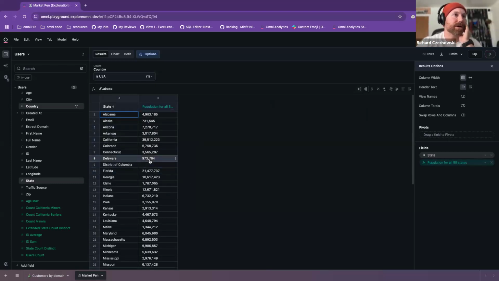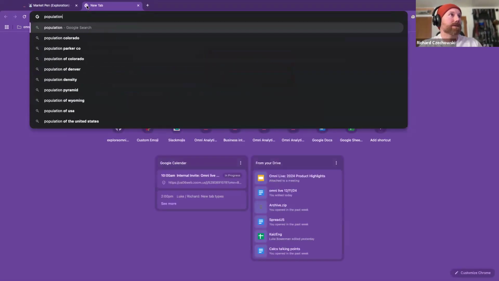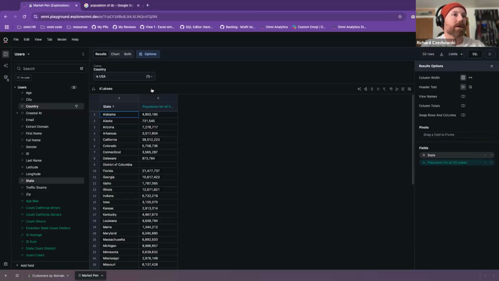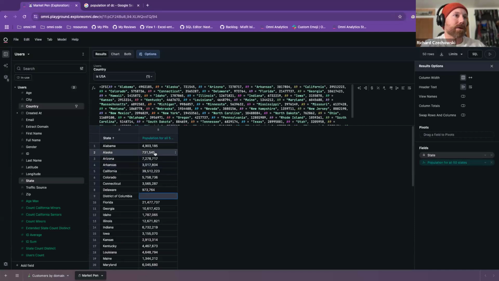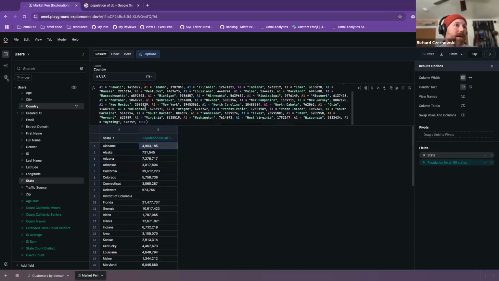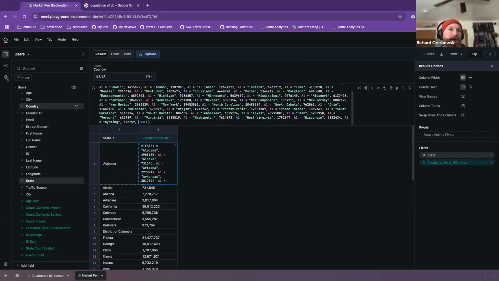I can see it's missing District of Columbia. If I want to, I could actually, let's see, population of DC. Okay, cool. I could actually go edit this, and I can see that it wrote this giant if statement where it looked up the population for each state and shoved it in there. And if I want to, I could just add, let's go get the, what is the exact writing here? Copy the value out. That way I won't mess up the spelling.